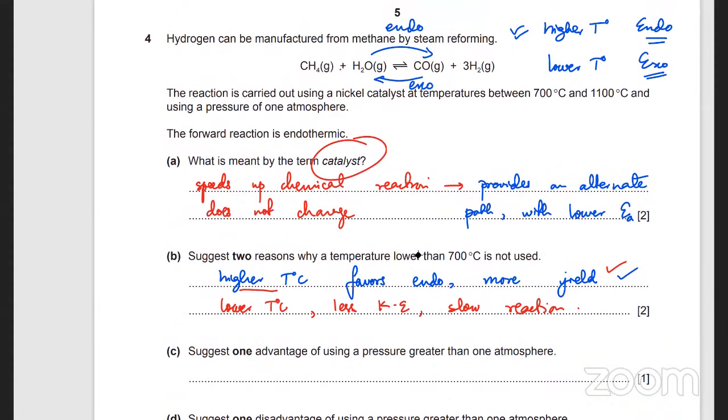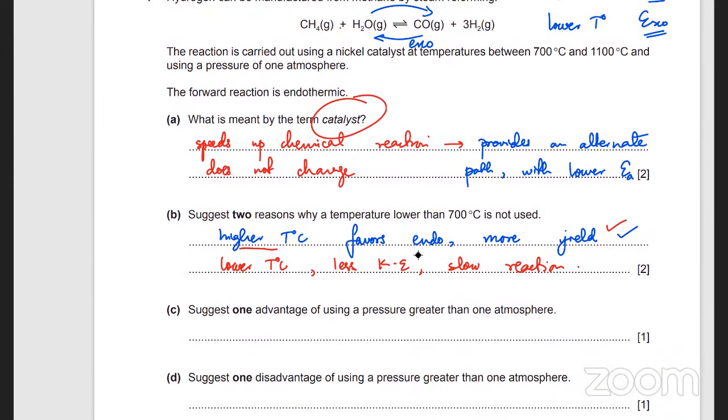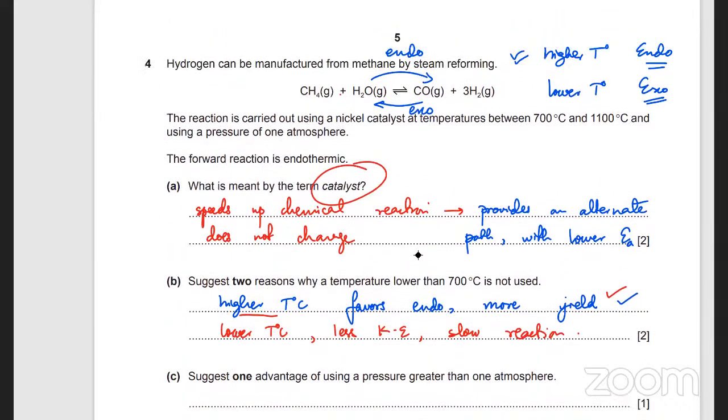अच्छा, using a pressure greater than 1 atmosphere, higher pressure, मतलब वो क्या रूल था हायर प्रेशर का? Less gas mole side, right? इस इक्वेशन में less gas mole side कौन सी वाली है, फॉरवर्ड है या बैकवर्ड है? I mean, this is the rule, higher pressure would favor less gas। बैकवर्ड में कितने मोल्स गैस के बन रहे हैं? It's 2, right? 1 of this and 1 of this, right? फॉरवर्ड में कितने बन रहे हैं? 1 of this and 3 of these, तो 4 बन रहे हैं ना? So 4 moles of gas in the forward side, 2 moles of gas on the backward side।